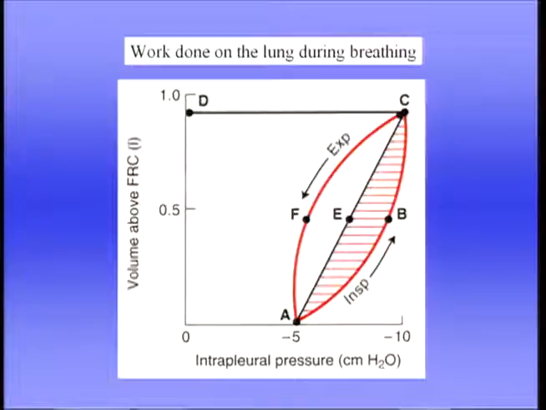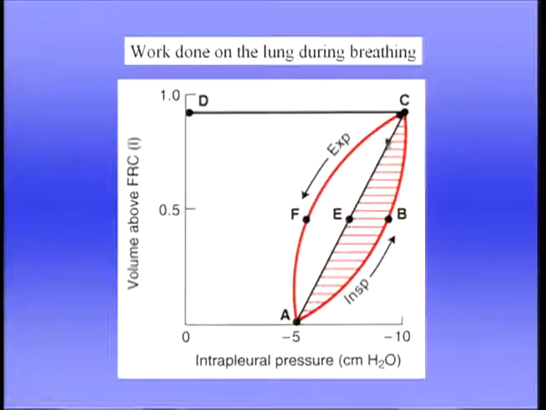And first of all, we'll look at the work done on the lung during breathing. How much work do we need to do in order to expand the lung? And work is often indicated as pressure times volume, and we can do that using a image as shown here. Here we've got intrapleural pressure on this axis, and this is volume above FRC as we expand the lung. As we expand the lung, of course, intrapleural pressure falls, and if there was no airway resistance, the path would be along AEC here. In other words, this